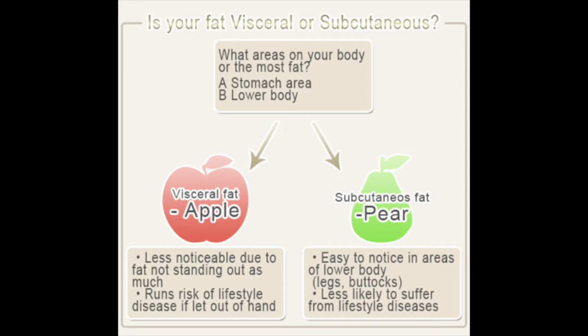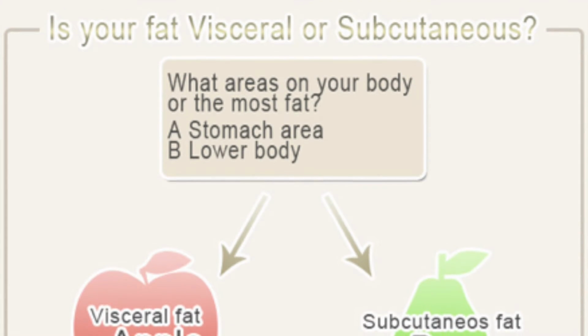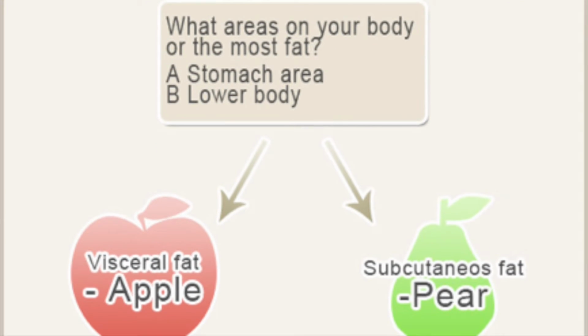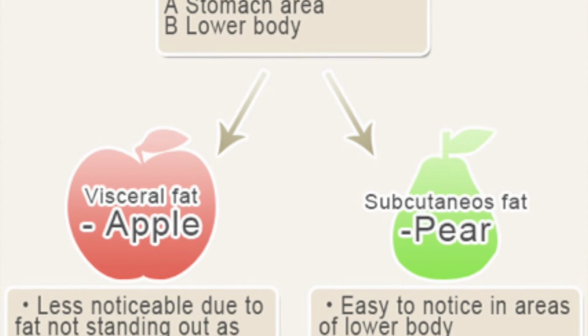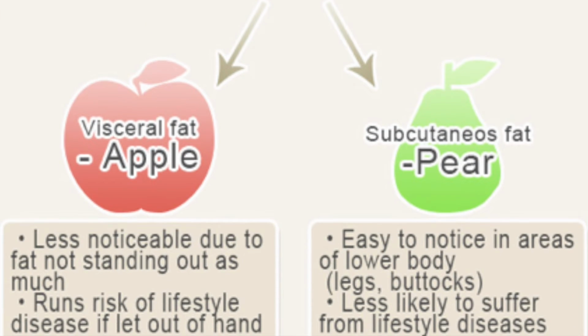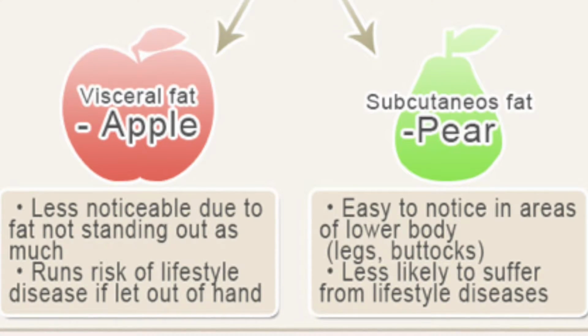The location of ectopic fat accumulation determines whether the fat storage is harmful for metabolic health or not. We will explain this by the example of the pear and apple shape. An apple-shaped person has more visceral fat storage, which is associated with an increased risk of cardiovascular disease. Contrary to this, a pear-shaped person, which is a typical shape for women, has more subcutaneous fat, which may actually be protective against cardiovascular disease.